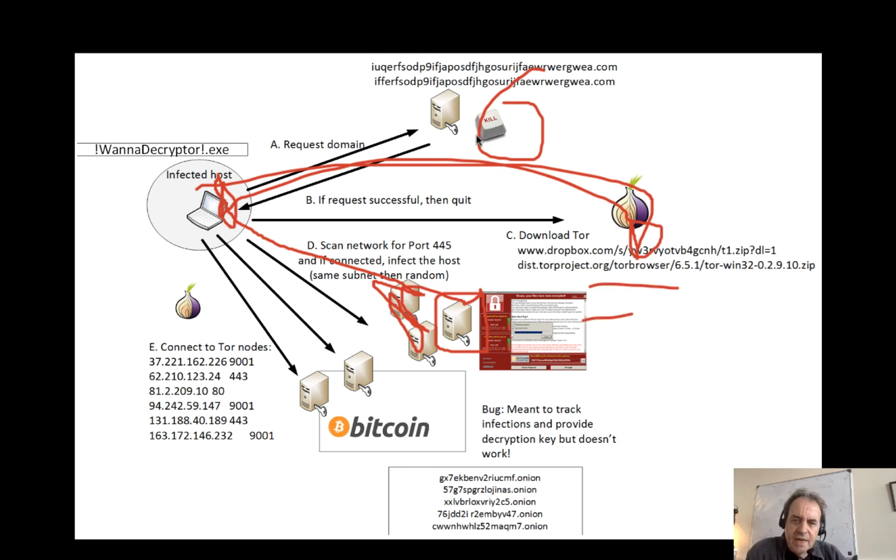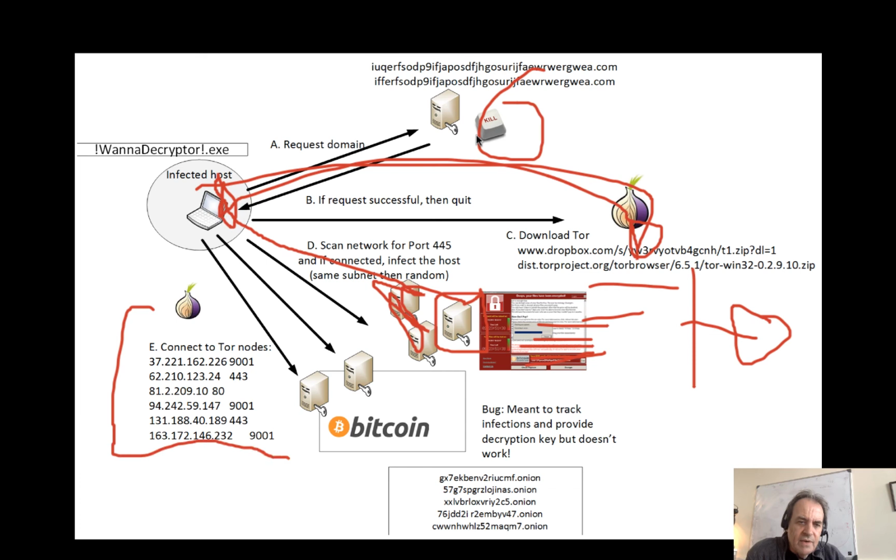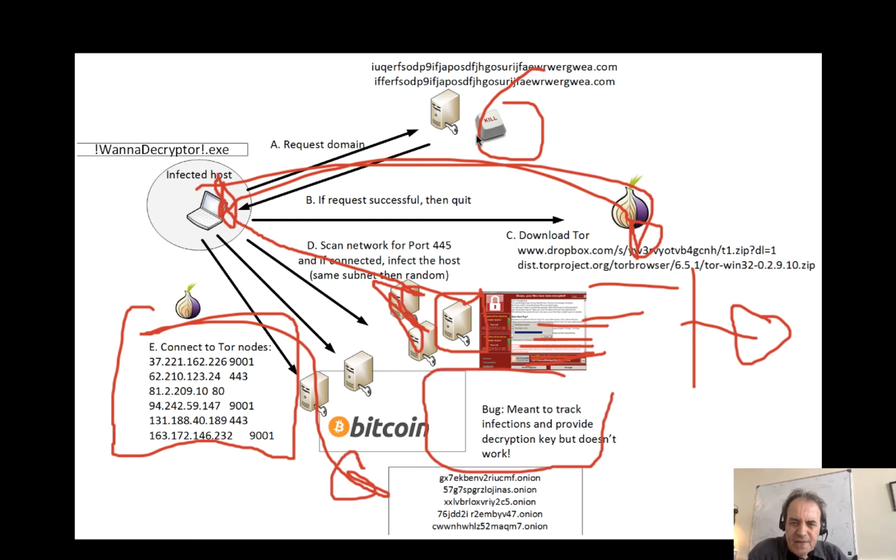After that, it goes ahead and tries to scan random addresses across the internet to propagate itself. So in this case, it tries to keep itself alive across the network and keep scanning. The last thing it does is to connect to the Tor network. These are certain addresses and ports that it connects to, and these map to these types of addresses here. But unfortunately, there's a bug in the system and it doesn't quite work, so the decryption key doesn't work. Even though you pay the ransom, you might not get your data back again.